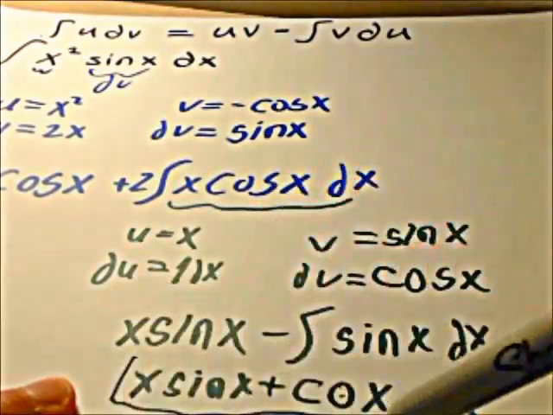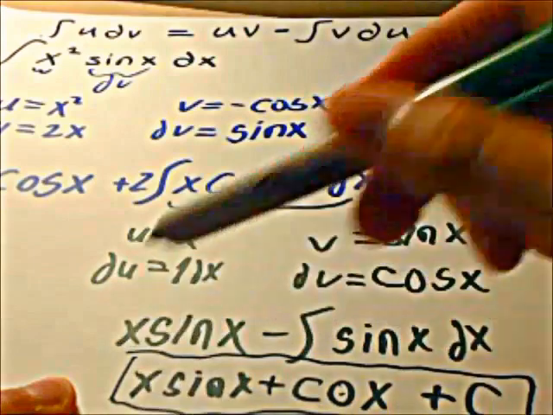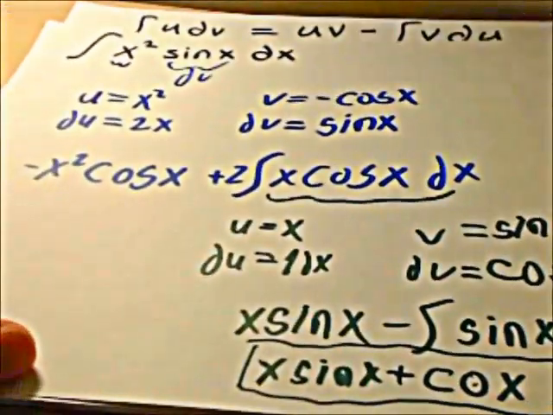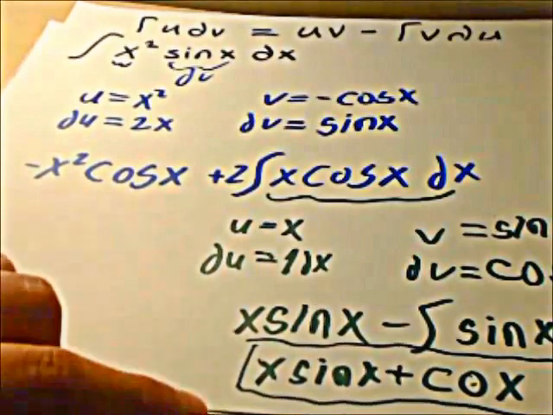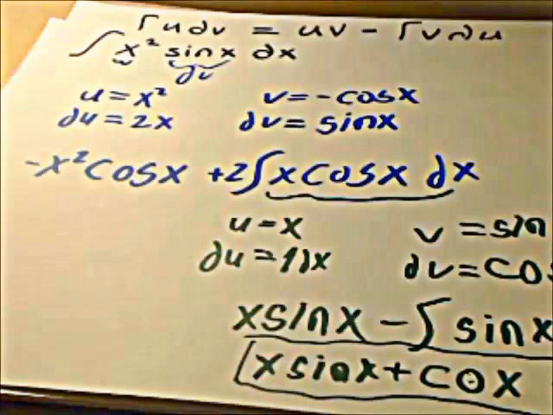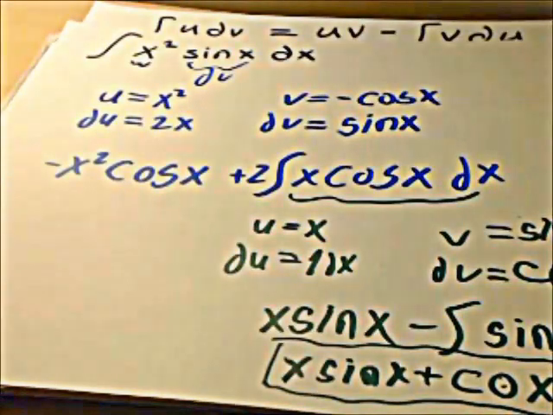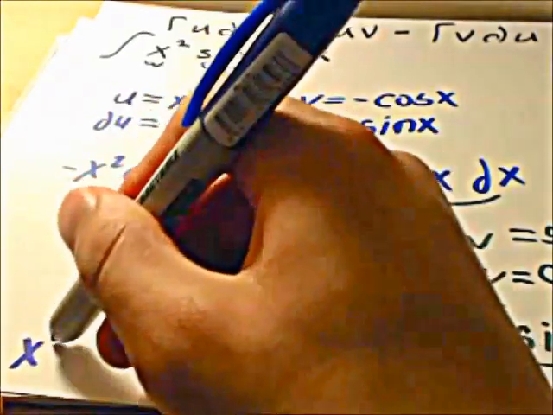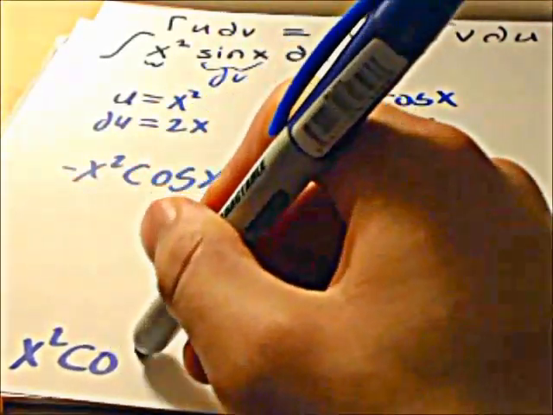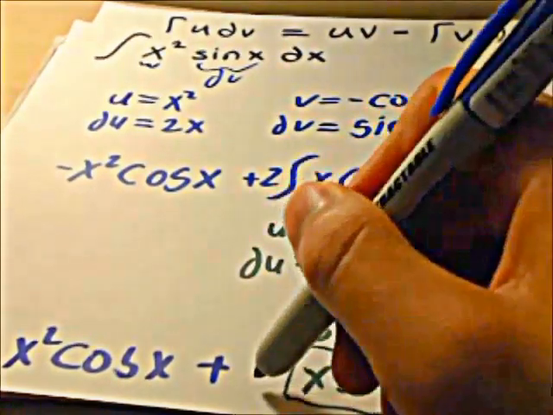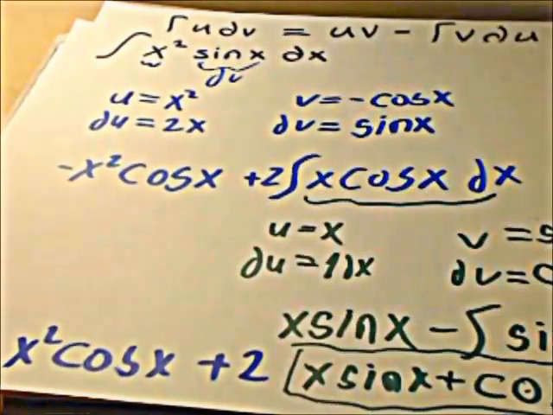And that's not the final answer, nope, that's only the integration of this bit. Now I'm just going to include the other bit. I'm going to plug in this bit with this. So let me just zoom out. No, I don't have to zoom out. So it's going to be minus x squared cosine x plus 2,